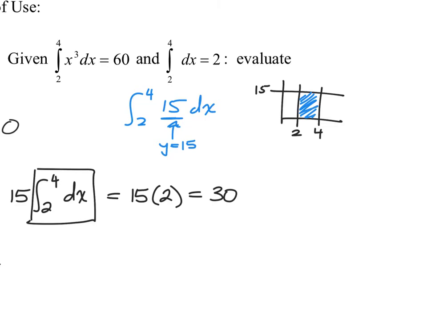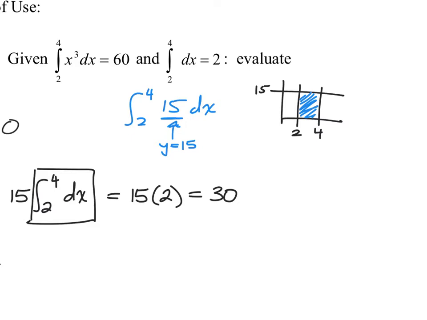All right, so we know that the base has a width of 2, and it's rectangular. Base has a width of 2, the height is 15, 2 by 15 is 30. All right, so there's really no need. I mean, it was nice that they gave this to us, but we didn't need it. We could have figured it out. Also, you don't even need to draw the diagram, because once you really realize that it's whatever the height of your function multiplied by the length of the base, then all you really need to do is find the difference